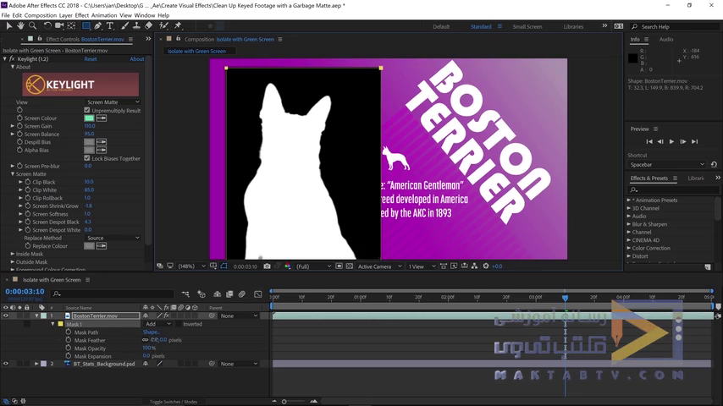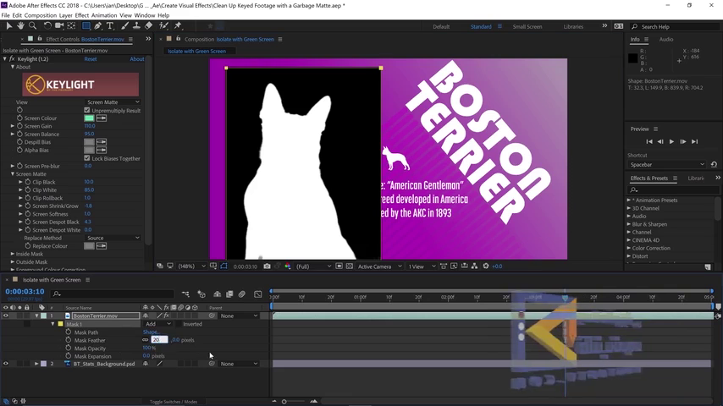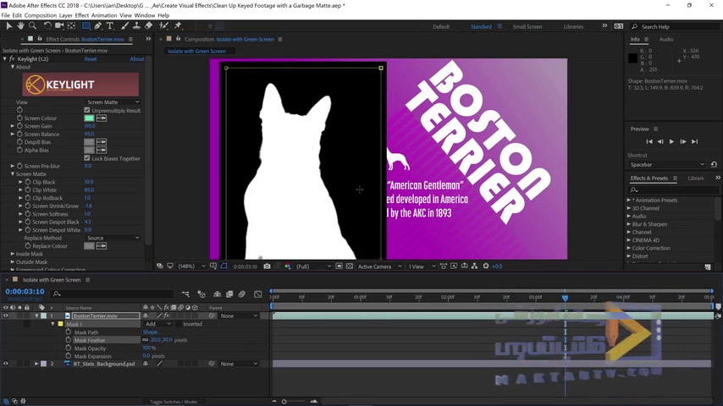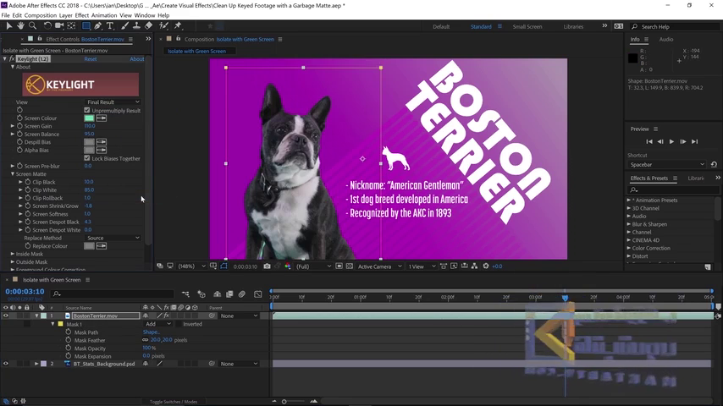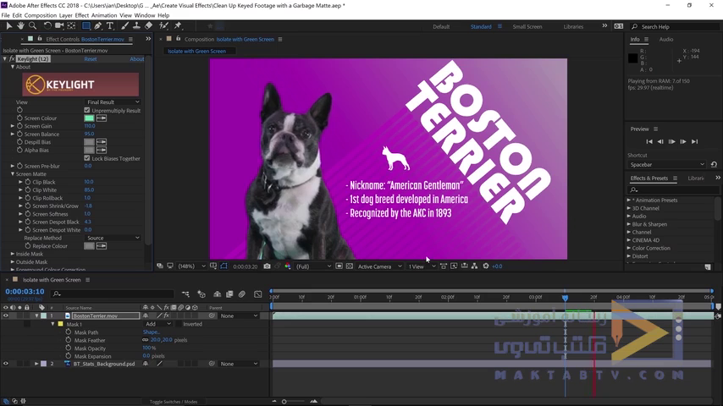So here I'm going to increase the feather setting to about 20, which is going to give me a soft transition along the edge of my mask. Now I can't see that because I'm in the screen mat view, so let's go ahead and change the view back to final result. Now when we press the spacebar for playback, we no longer have that noise in the